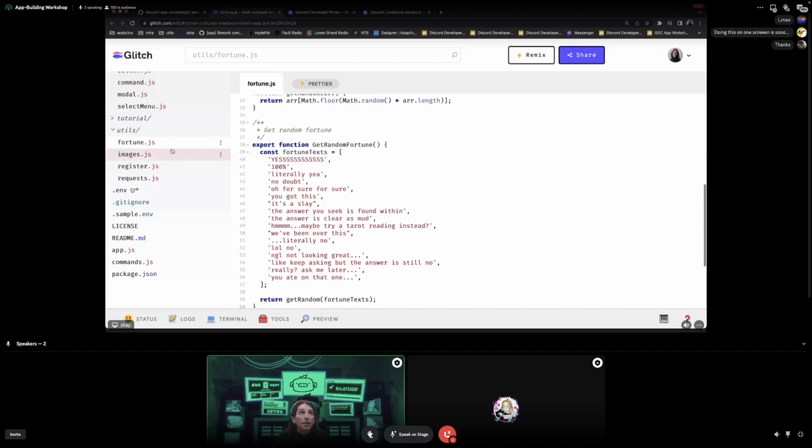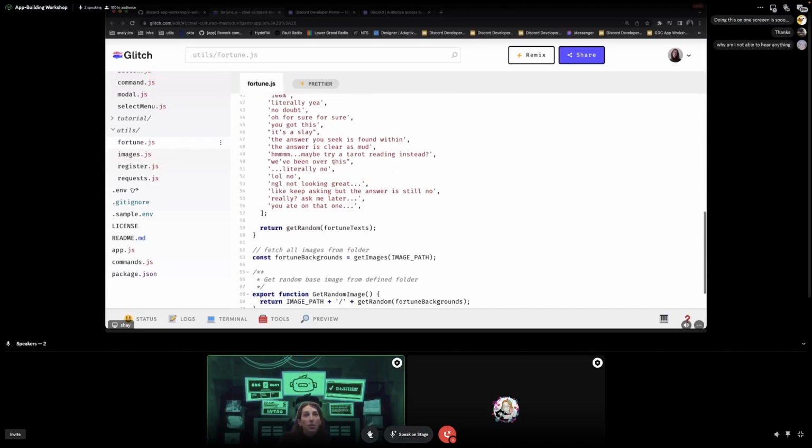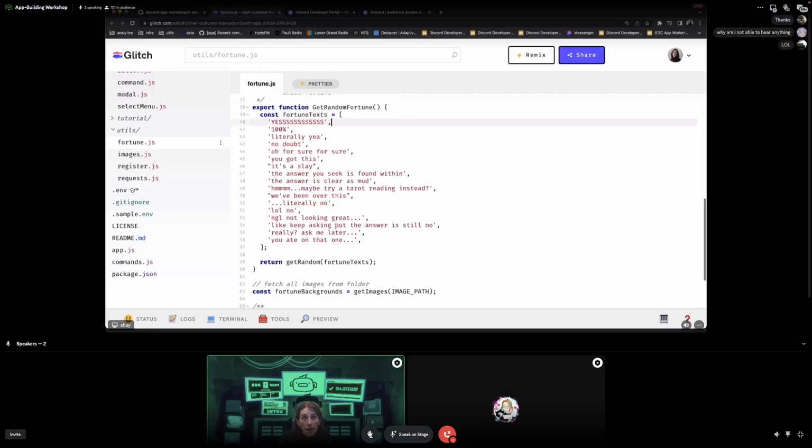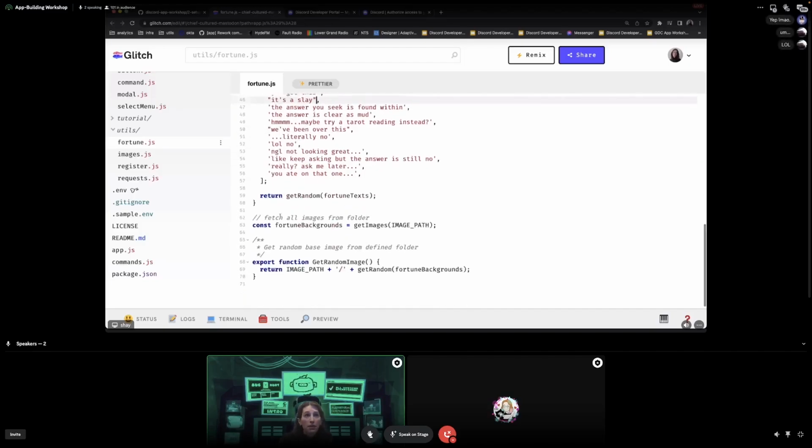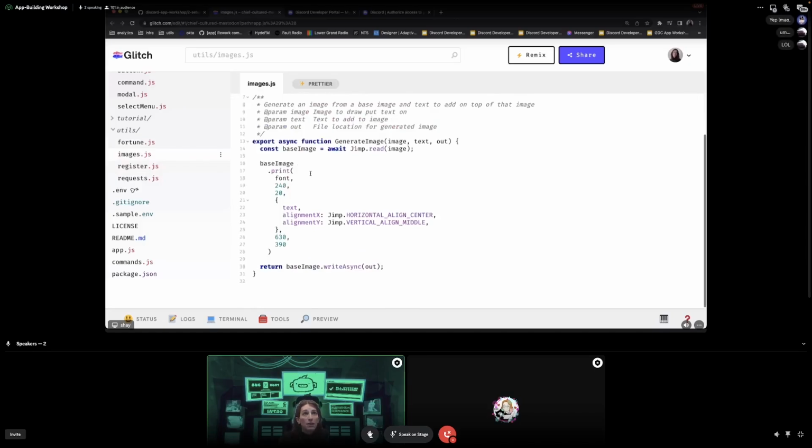So the logic of actually creating the images and things like that is in the fortune.js file. If you want to customize the text that appears on those, you can by just modifying this getRandomFortune function within